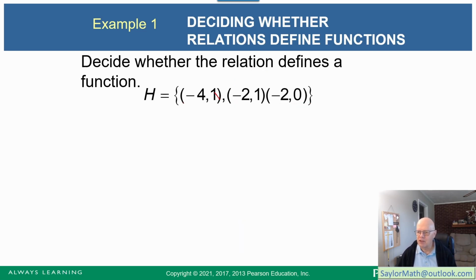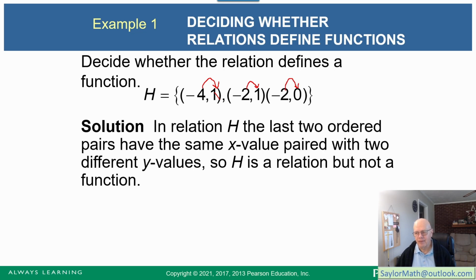Next, how about this one? Is this a function? -4, well, that's the only thing -4 goes to. -2 goes to 1, but also -2 goes to 0. Is it a function? No. It's a relation because it's a set of ordered pairs, but not a function